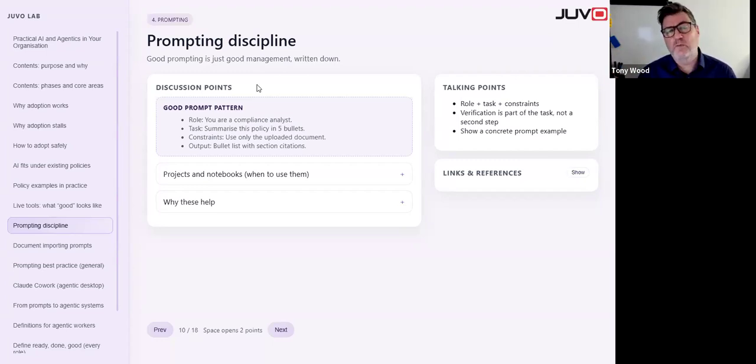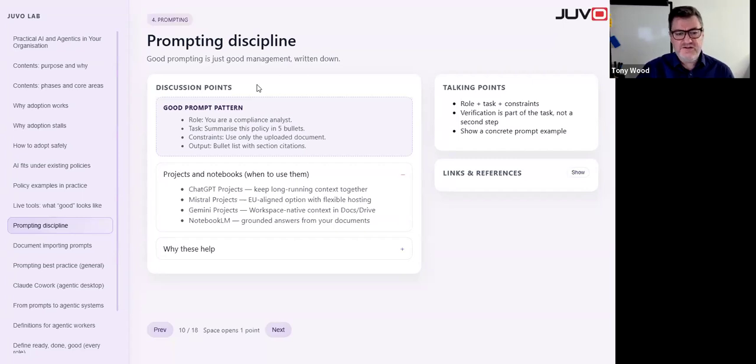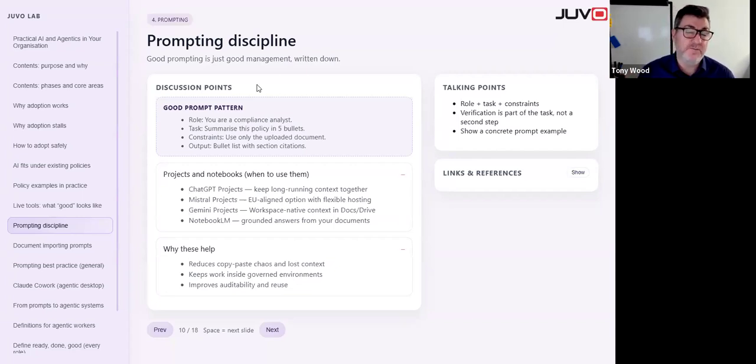And then you're saying output: what do I want my output to look like? And you can then use different projects to give these different disciplines. So you're using a different tool for the different type of output that you're interested in. You can keep these prompts in a different area or just remember them. Or what I do, I very rarely type anymore. I tend to just use voice on everything.